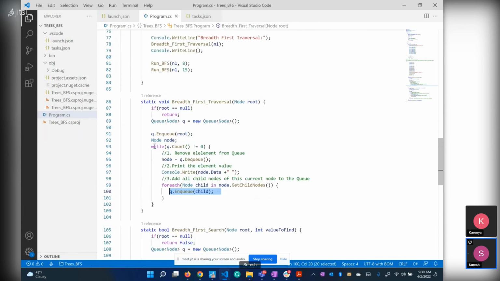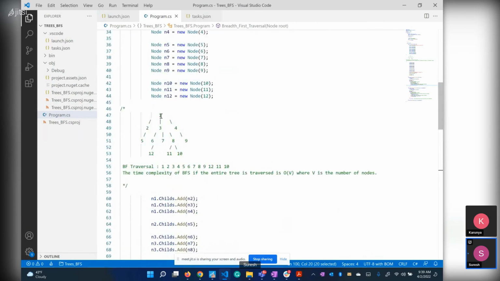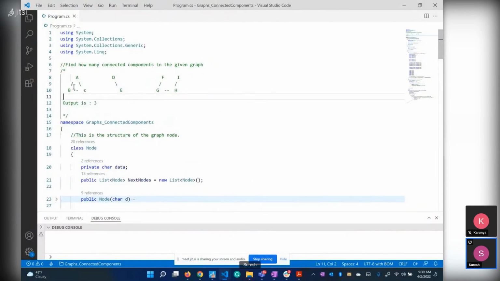In a tree, you always go 1, 2, 3, 4, with no possibility that you already visited a node before. But in a graph there is that possibility, because 2 connects to 3, connects to 4, and this kind of connection exists in the graph. See, A connected